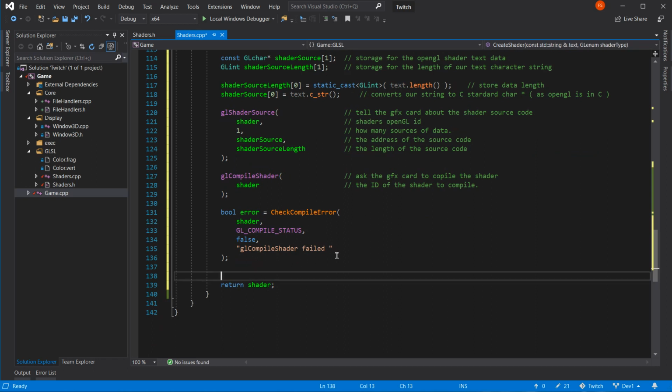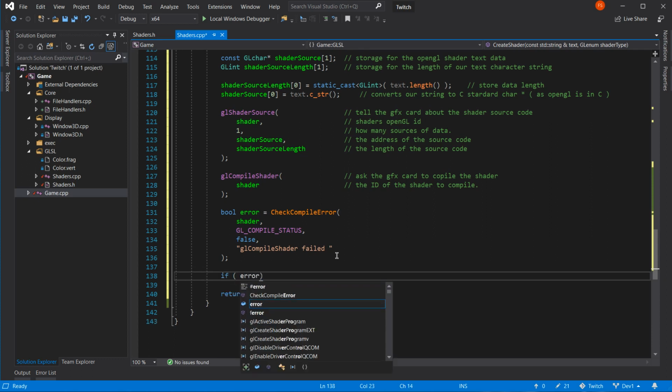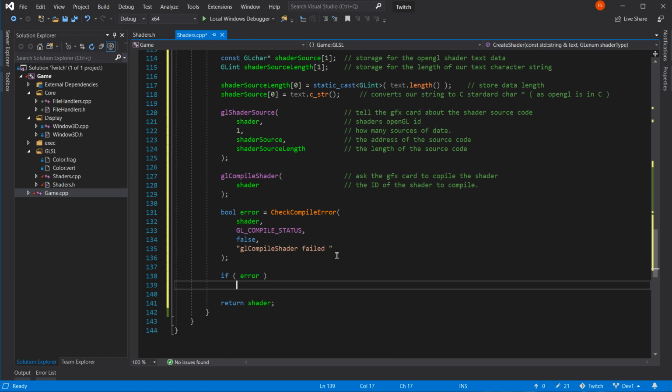Because now we can ask if error. And if there's an error, shader equals 0.